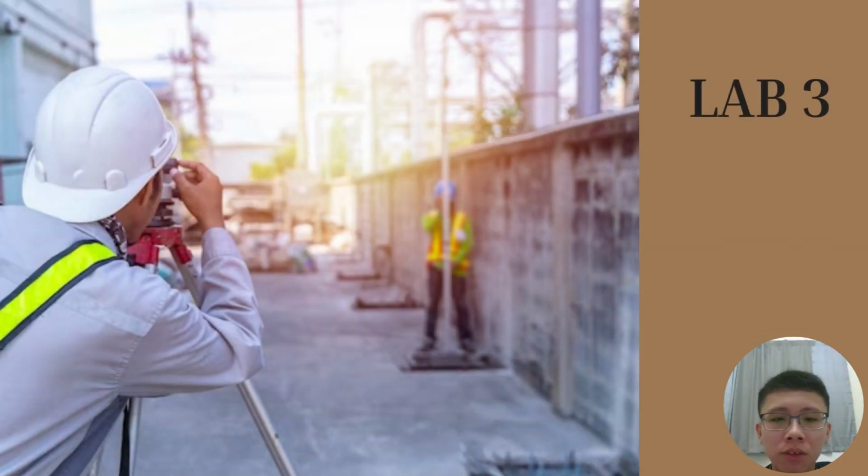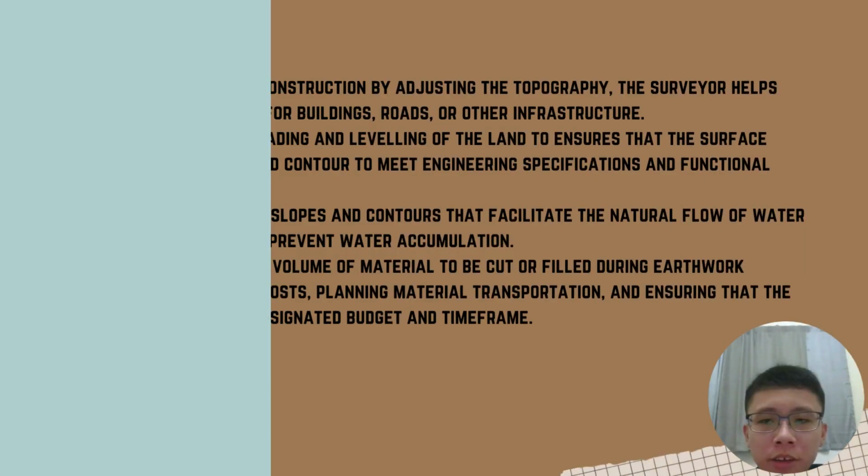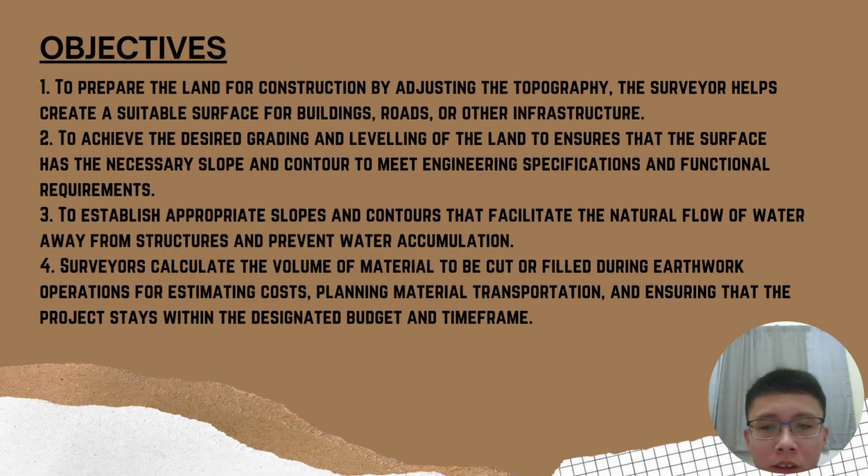Now I want to talk about lab work 3. The objective of lab work 3 is to prepare the land for construction by adjusting the topography. The surveyor helps create a suitable surface for buildings, roads, or other infrastructure. To achieve the desired grading and leveling of the land to ensure that the surface has the necessary slope and contour